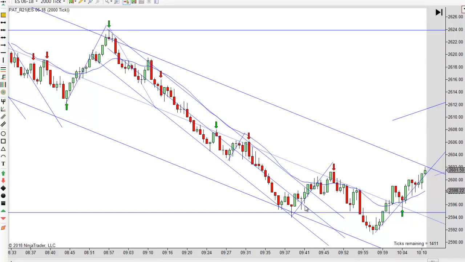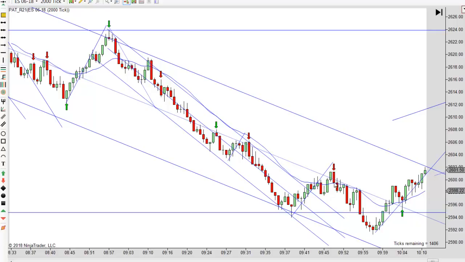I wouldn't be necessarily looking for a long. You do get a reversal here, and it would have worked. But look how everything's still below the EMA, still below the midline, and you've got a close outside, so it could run up and touch that line and turn down. It would have gotten enough to work, but you're better off going short here.